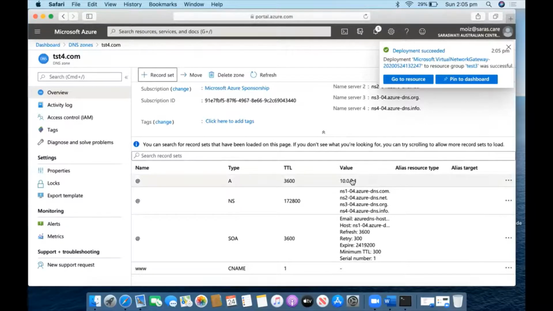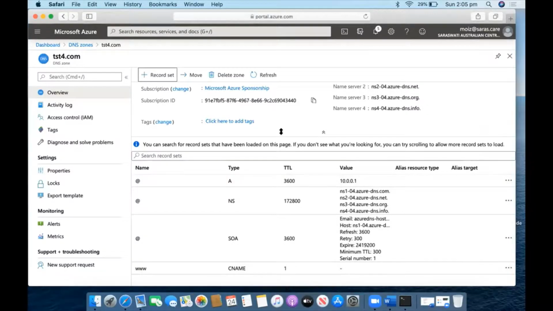Clear? Yes. So now I will go back to my whiteboard. This was regarding Azure DNS. Now how should my domain server know? My GoDaddy is saying that it has my saras.care, but where is my virtual machine? Whenever the traffic comes, where should it send it? So I will create a record saying that this is the IP address here. I will provide the same records, the IP address here, and I will also provide these two records.